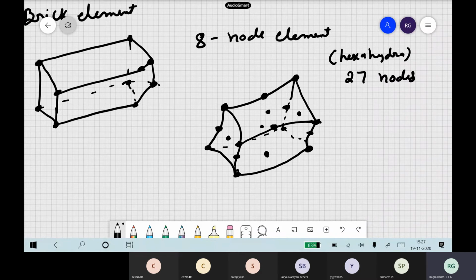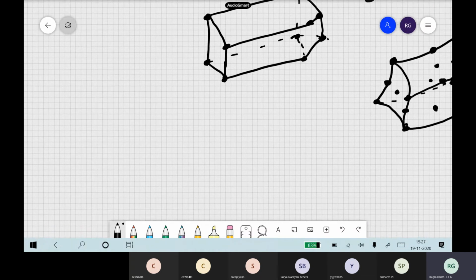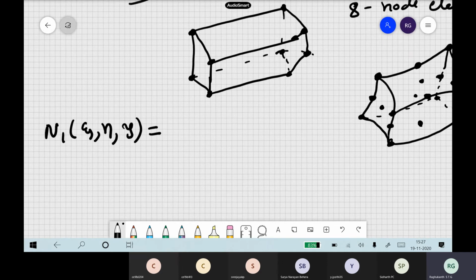Sometimes of course this they also call a brick, but generally you see the notations will be like this. So now for 8 node elements, what will be our shape functions? Psi, then eta, then we have this one. So now what is the order of the polynomial? For an 8 node element, how will you write it in terms of Lagrange polynomials? So order is 3, sir. No, order is 3, the dimension is 3. Okay, but it is only an 8 node element. So now how will we write these shape functions?